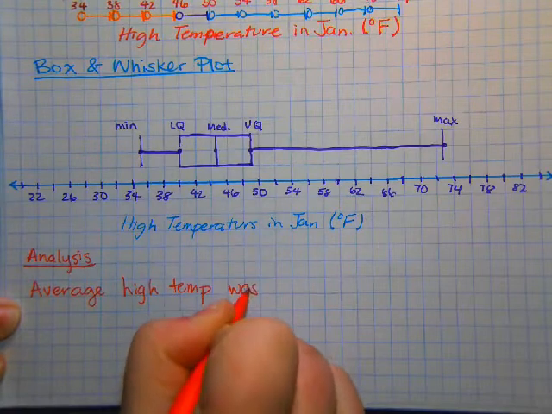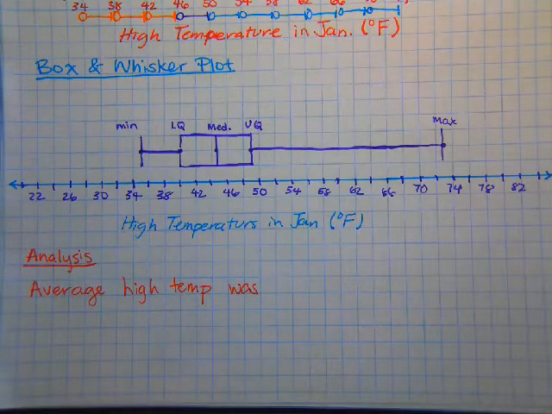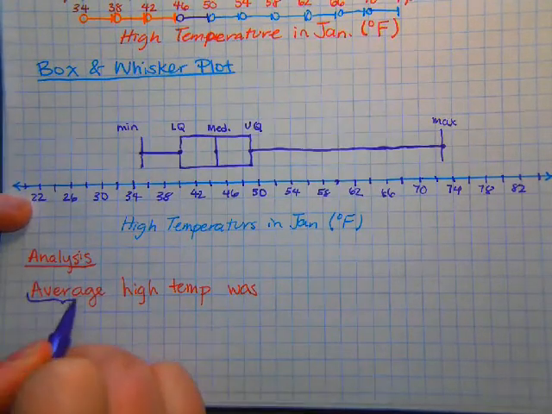And what everyone now has to do is go and find the mean, where they have to add them all up and divide by the number of numbers. But average is just a blanket term meaning